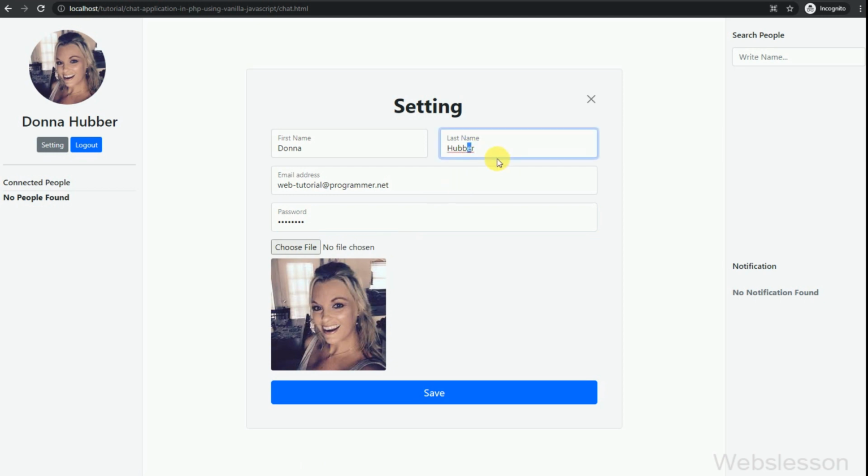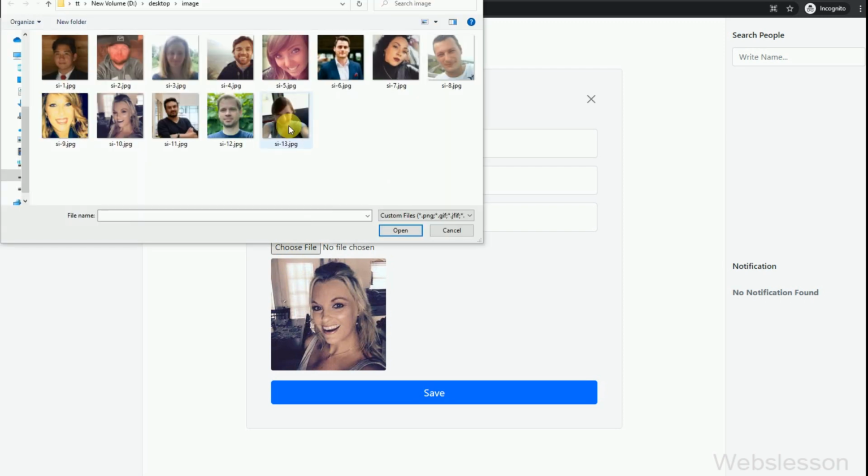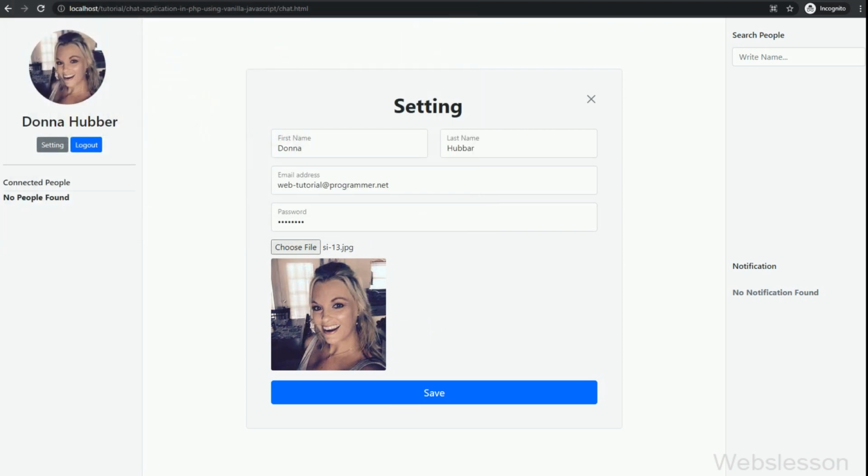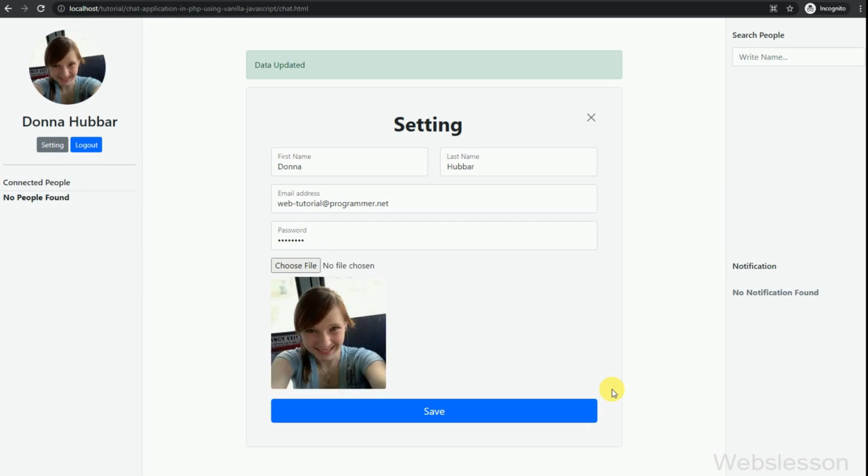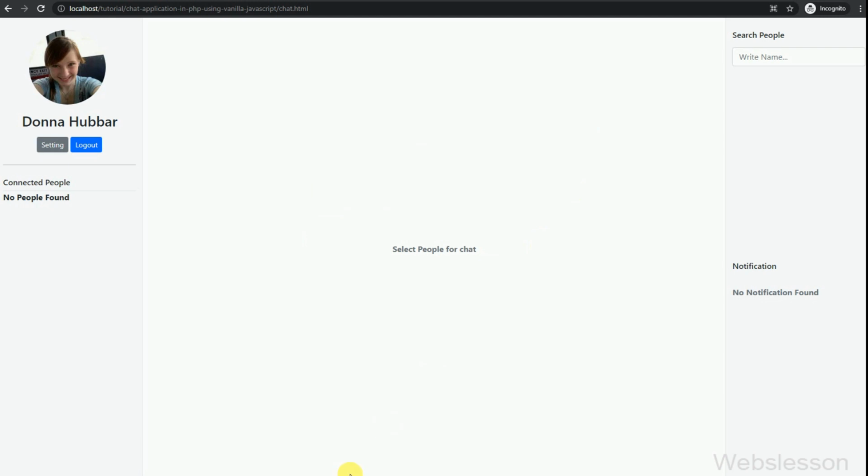So here we have changed the last name, and after this we have changed the profile image. Now we have clicked on the save button, and after this, in the profile area, the username and profile image have been changed. This way, users can change their profile details without going to another page.